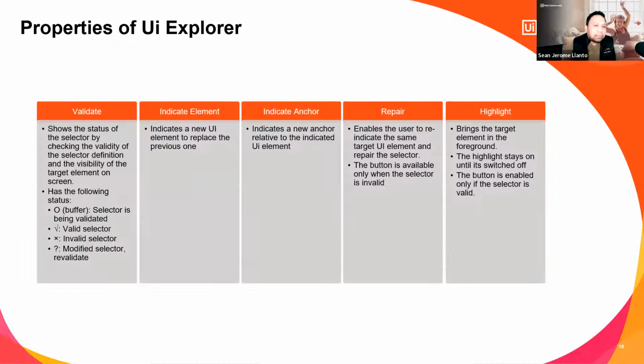When we're talking about UI Explorer, you actually have various buttons that you would be using, and this helps you identify whether you have a suitable or a stable selector for your process or your object. So for example, validate, if you click that button, you're able to confirm that the selector is visible, or that target element is visible to UiPath. Indicate elements allows you to identify the actual element that you would be using to basically replace the